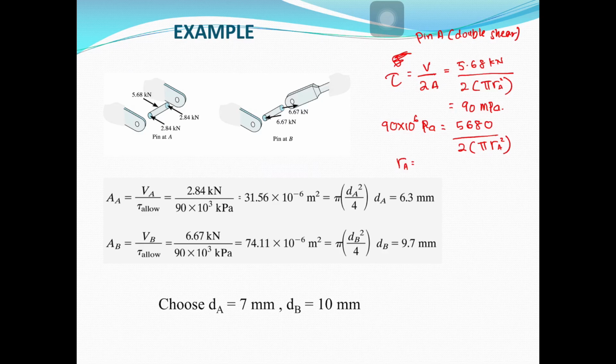You get 3.17 times 10 to the power of minus 3 meter, right, meter. Okay, and then the diameter is times 2, right, times 2, you get